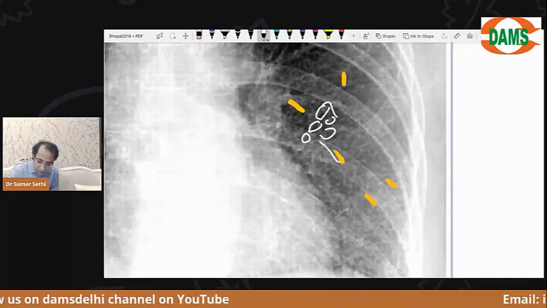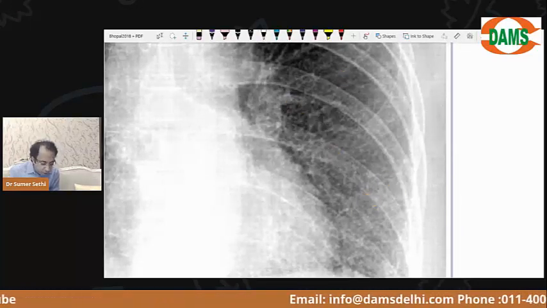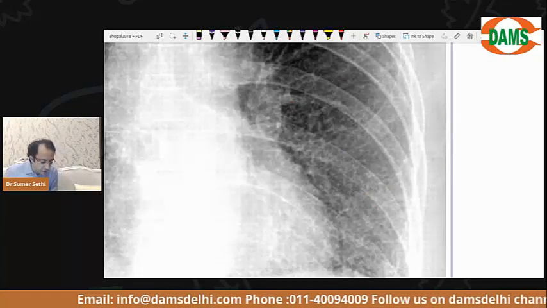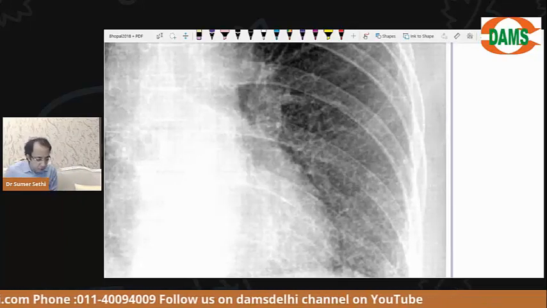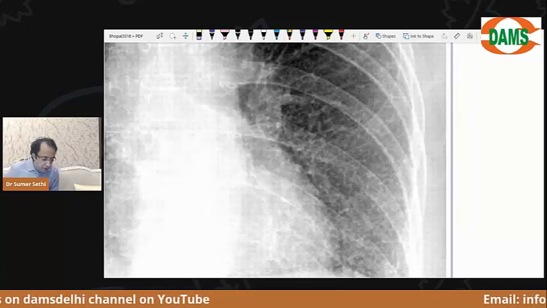All those crisscross lines forming a net-like appearance are called reticular opacities. Now I'm sure you are able to see after I've zoomed. Are you clear? When you see reticular opacities on a chest X-ray, we think of interstitial pneumonias,